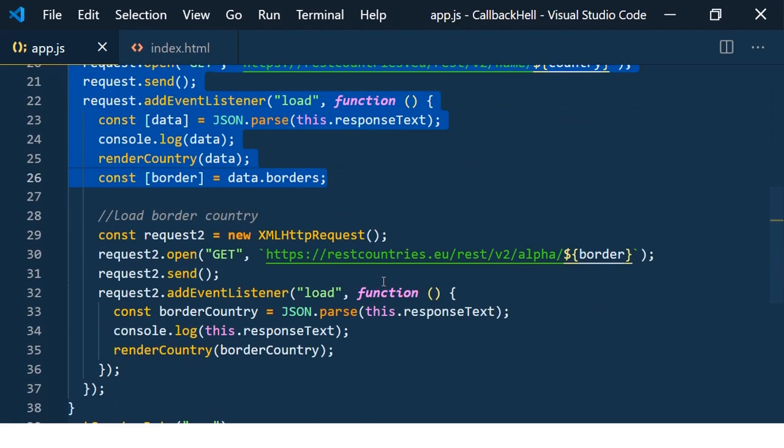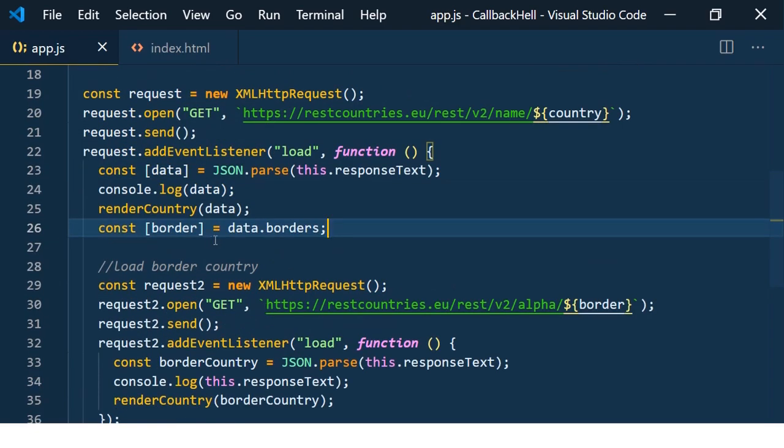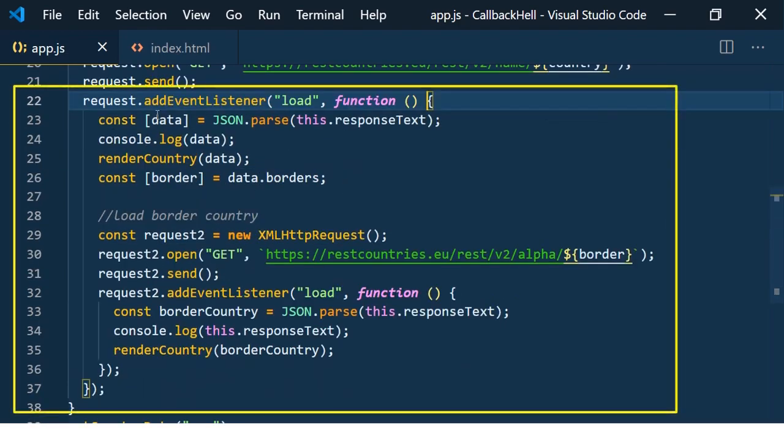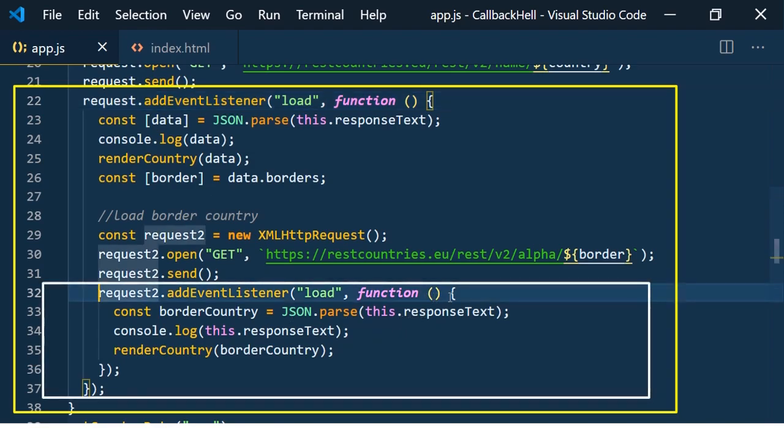And if you observe here, we have the border countries callback function inside the countries callback function. Inside the countries callback function, we have one more callback function for the border country codes.